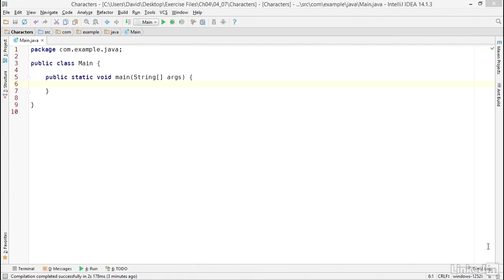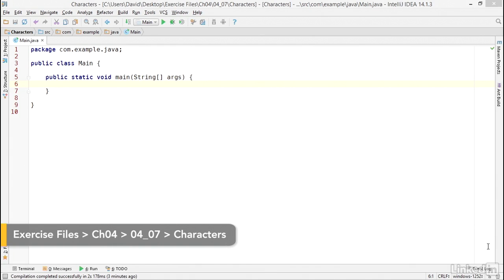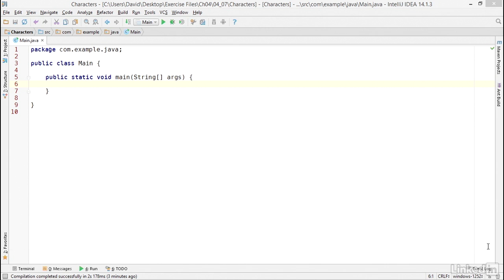Java distinguishes between characters and strings. A character is a primitive data type, and it consists of just a single character. A string is a complex object and can consist of many characters. I'll show you how to declare and initialize characters here, and I'll add code to the main method to declare